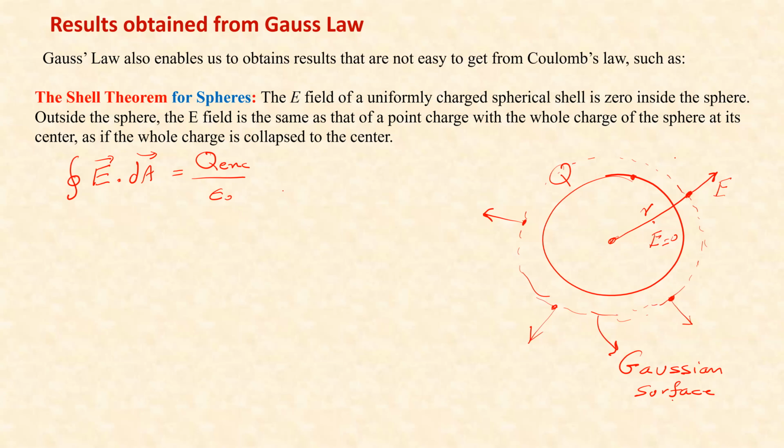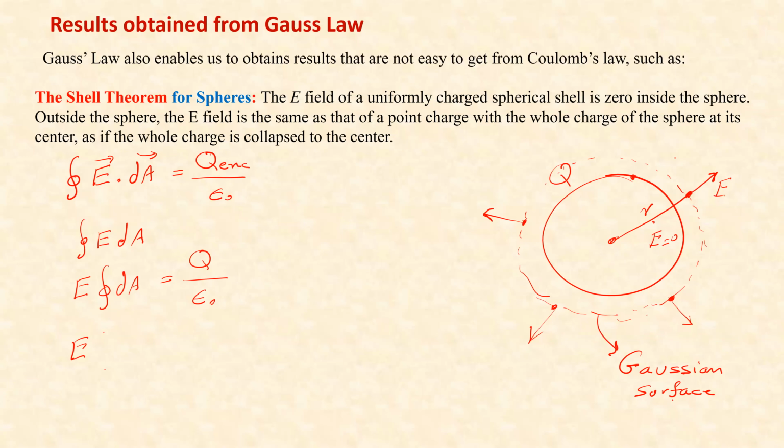Again, we do the same argument. E dot dA becomes E times dA, the integral of E times dA without the dot product, just the magnitudes. And then E is constant everywhere, so E comes out. E times the integral of dA equals Q, the total charge inside, divided by epsilon naught,